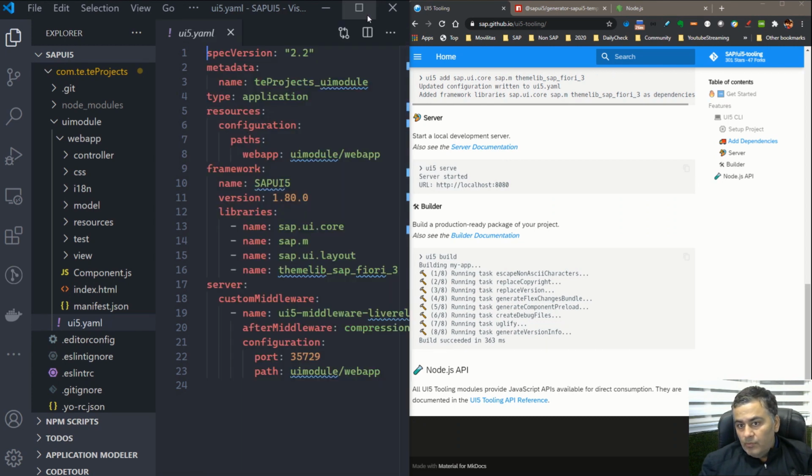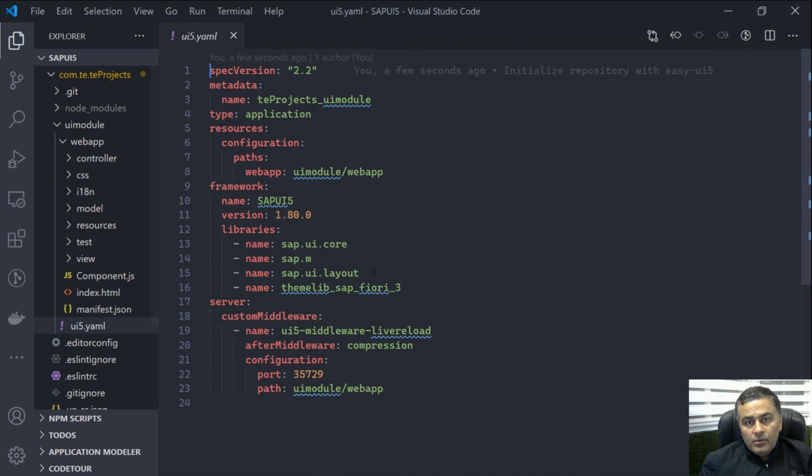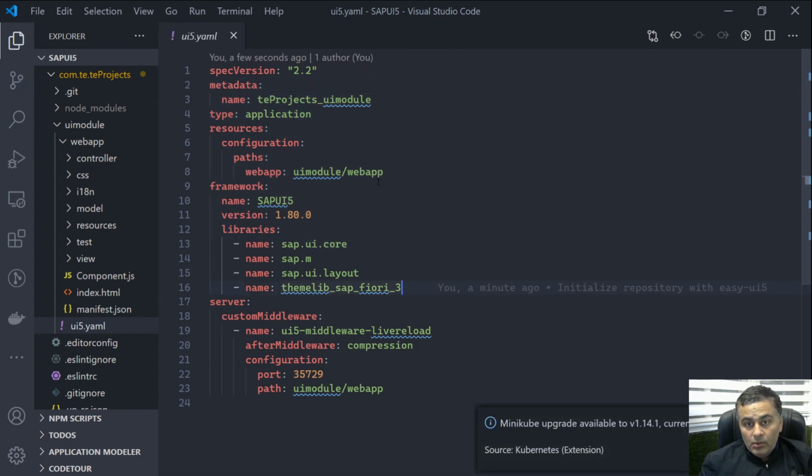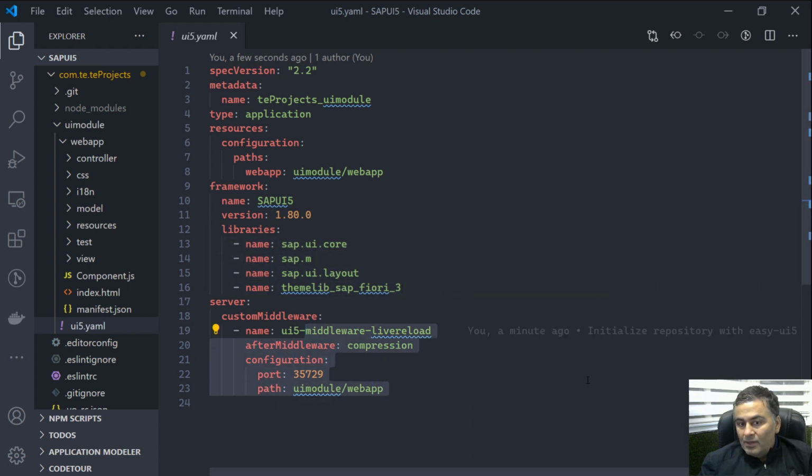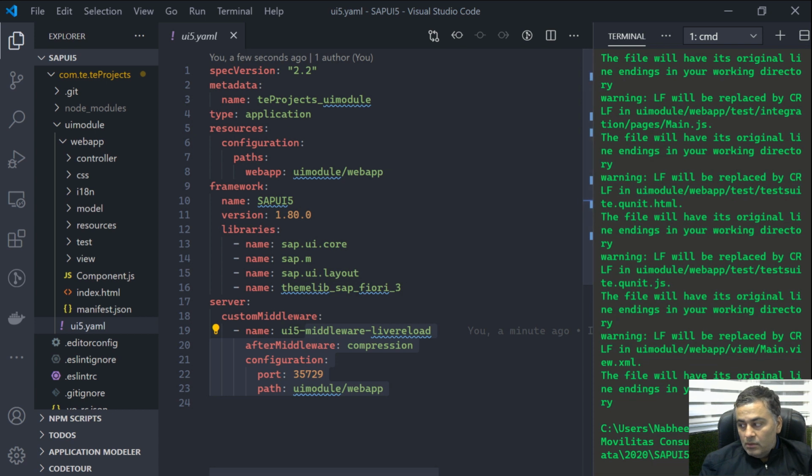So let me just make it a bit bigger. So this YAML file also we'll have a look at. So we'll talk about what this is, how do we add libraries, what is the middleware. Slowly, once we are through with this, we'll understand what is the use of them. Okay, so now maybe what I can do is I can go to